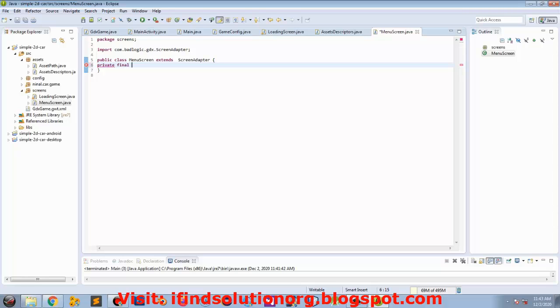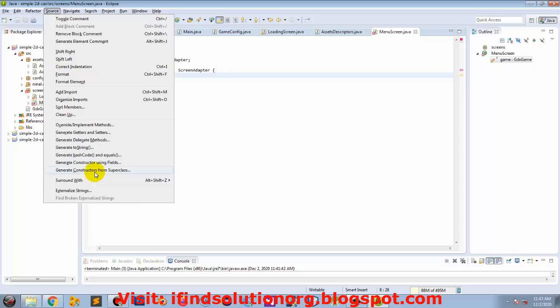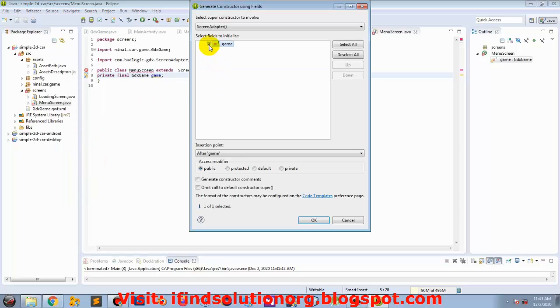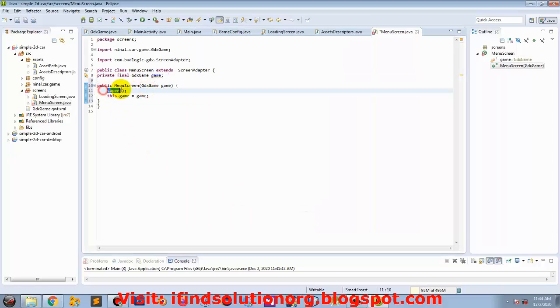So create final GDX game and create constructor using field game after game. Remember after game. So you can just create constructor, just delete,